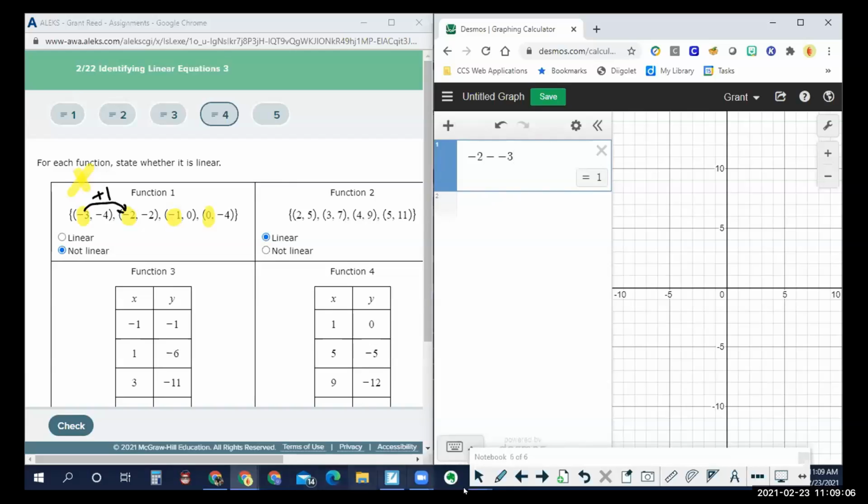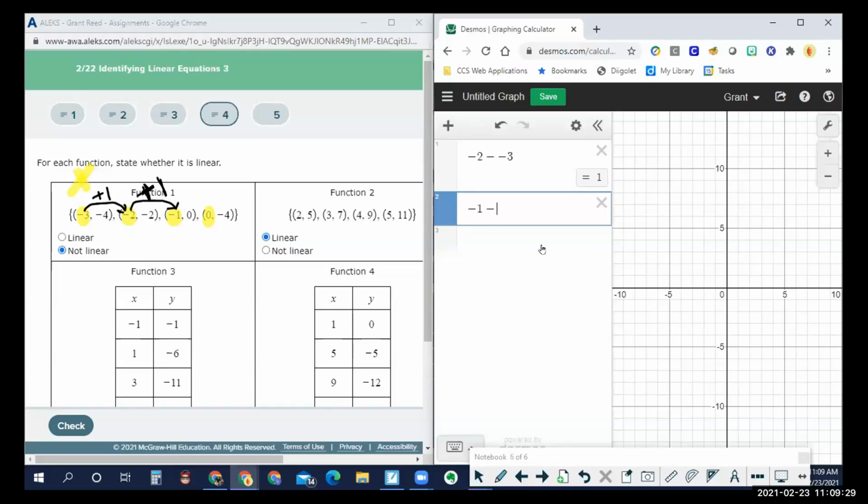And then I'm going to keep going. The next one is, how did it change when I went from this -2 to this -1? I again believe that's an increase of 1. That's supposed to be a plus sign there, Mr. Reed. So if I come back over here to Desmos and do the new value, take away the original one,